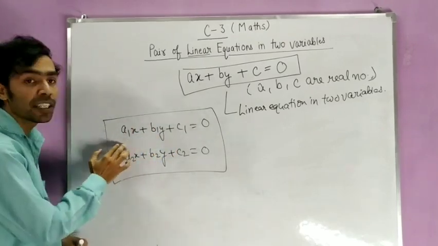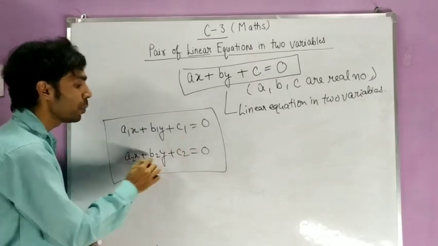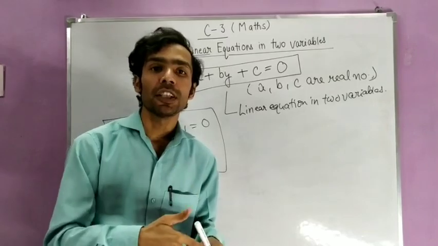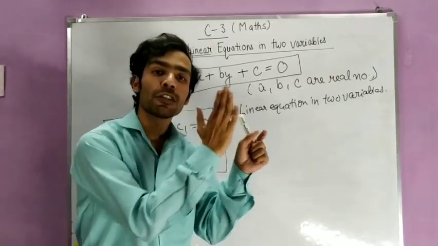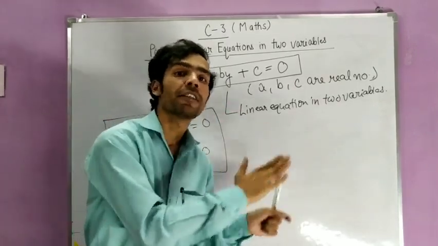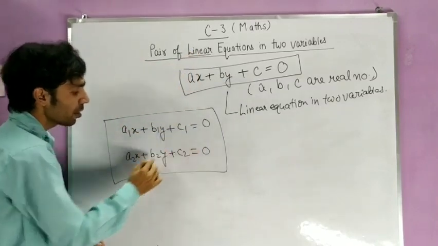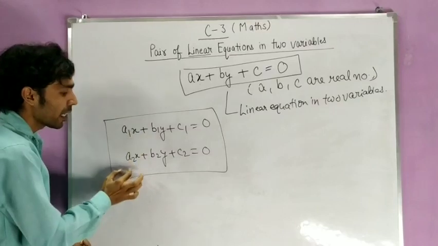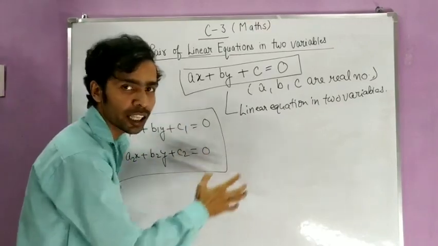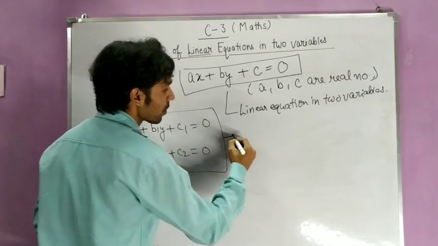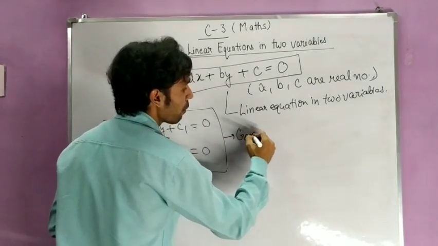And why have I written a1, b1, c1, a2, b2, c2? Because in many questions, in many equations, the coefficient of x and the coefficient of y will be different. That's why I have written a1, b1, c1 for the first equation and a2, b2, c2 for the second equation. Are you getting my point? So this is the general form of